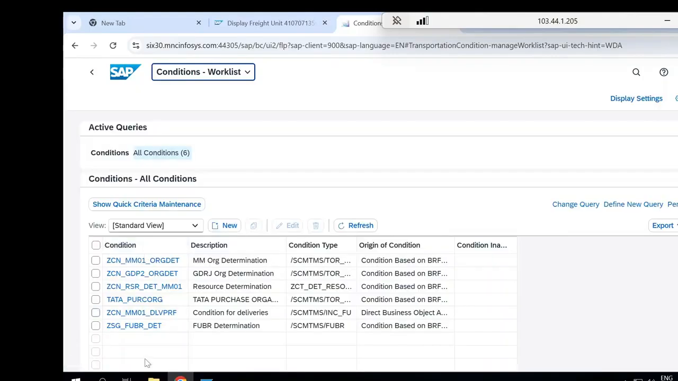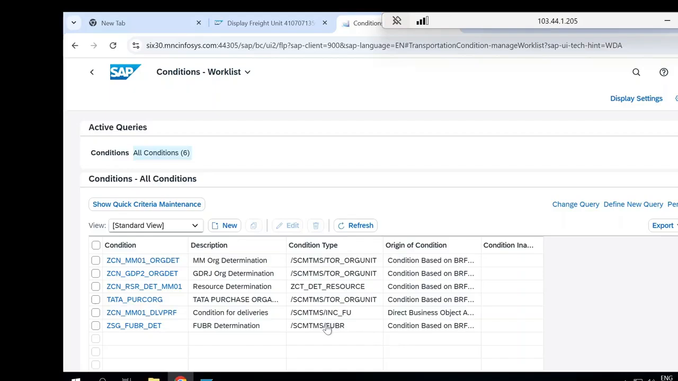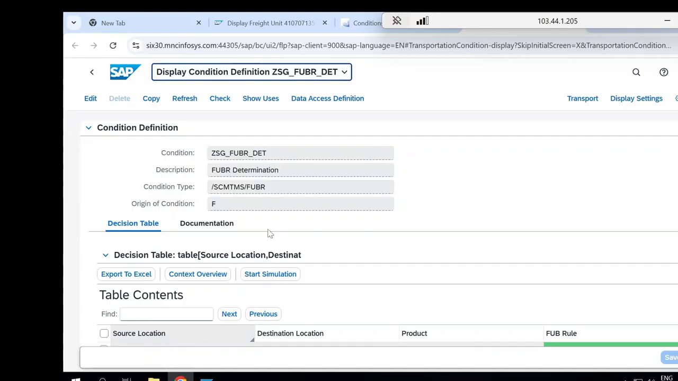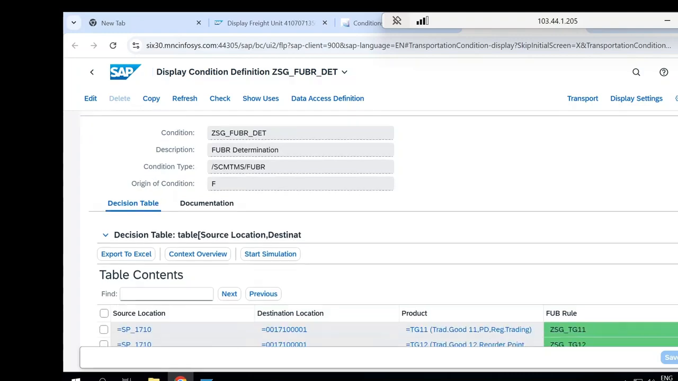In the interest of time, I have already defined one BRF plus condition for FUBR determination. But you can see what the standard condition type is that we have to use to create a BRF plus condition to determine FUBR. Okay, so I go to details. Here you can see you have to specify your condition name, description, condition type, and origin of condition, that is BRF plus. And if you scroll down,